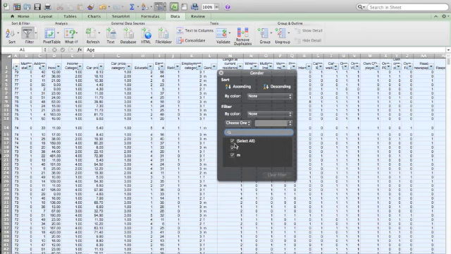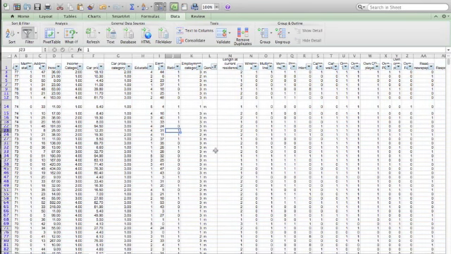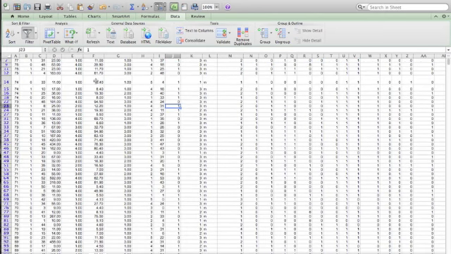But I only want to see the information for men. So I'm going to filter it, but filter out the females and only see the information for the men. So I clicked it, and as you can see now, I only see the information for the males. But say that I wanted to know how much these males paid for their car. And one of the